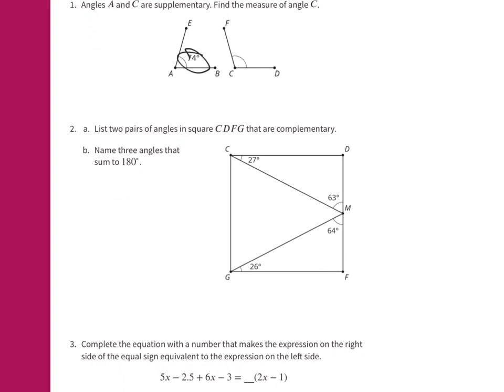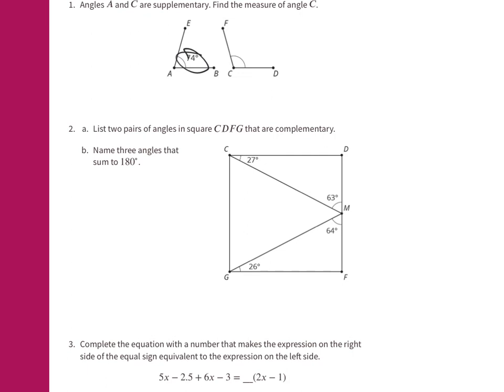On the next one, list 2 pairs of angles in CDFG that are complementary. So complementary means they add up to 90 degrees. So you got to find two numbers here that add up to 90 degrees. So they give you four numbers, 1, 2, 3, 4. So you need to pick two pairs that add up to 90 degrees. Okay, and then to help you out with the letter B,